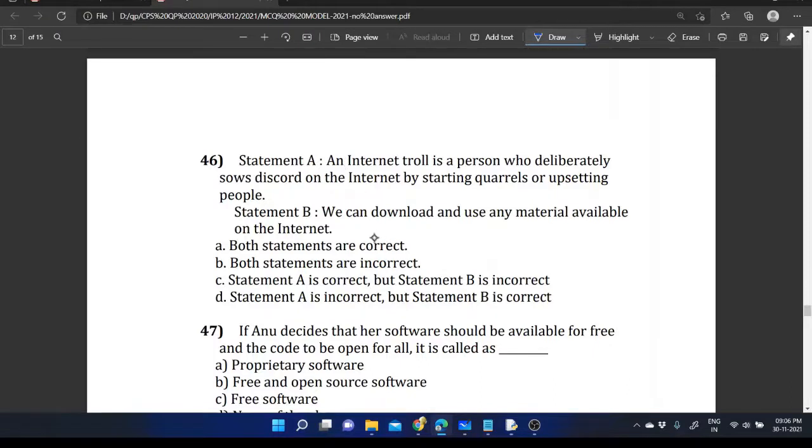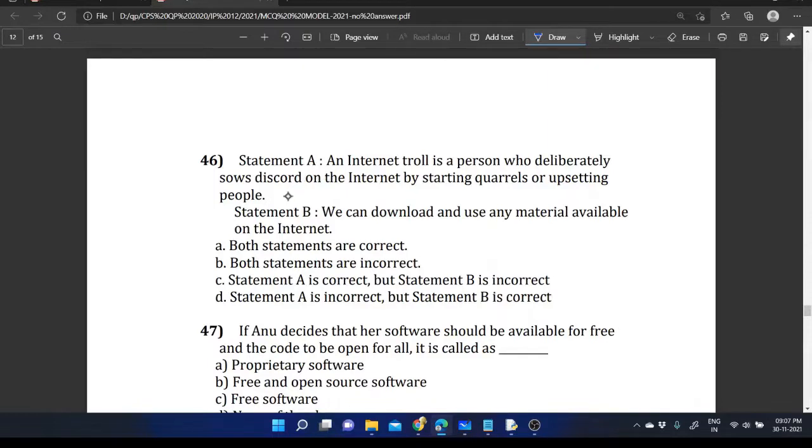So which one is true and which one is false, or whether both statements are true? Which option is the correct one? Both statements are correct, both statements are incorrect, statement A is correct and B is incorrect, or statement A is incorrect and B is correct. So which option is the correct one?